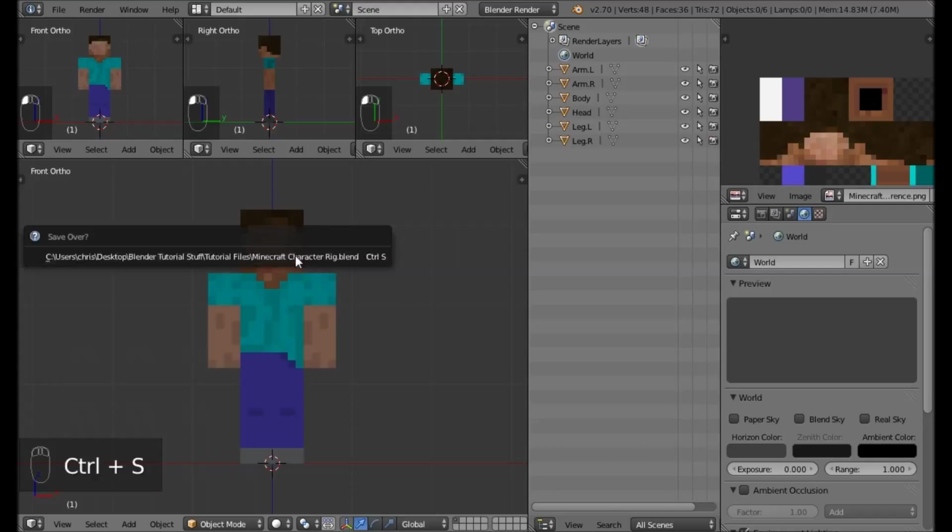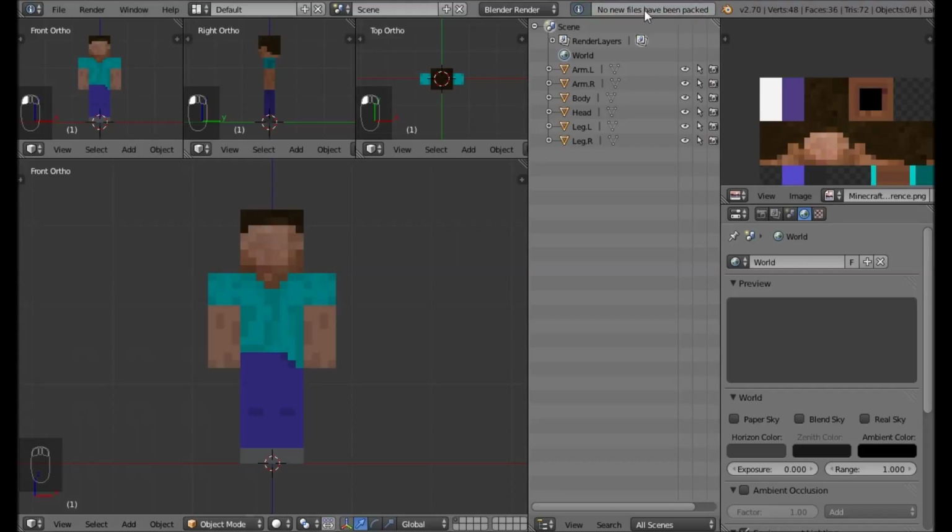And to save it, just do Control S and click that, and you should see this no new files have been packed. Or if you add something from your own files, it'll say one new files have been packed, or 2 new files have been packed, or something like that. But I'm just gonna rename this character,